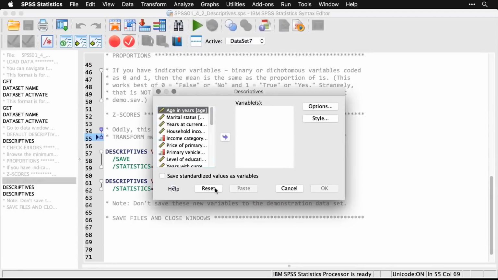So I'm going to reset this. I'm going to pick age, and I'm going to pick household income. And I'm going to get both of these as Z-scores, because a lot of procedures work a lot better if you have Z-scores. All you have to do is this. Click Save Standardized Values as Variables. And if I hit OK,